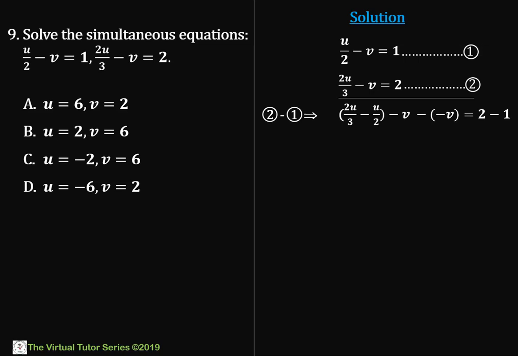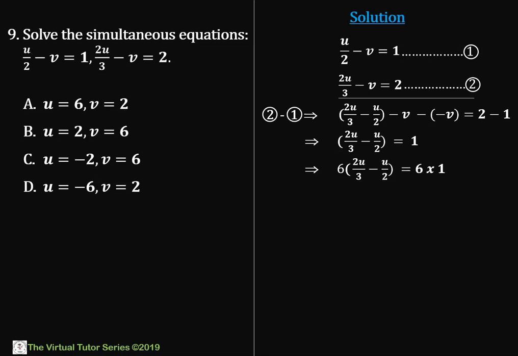Also, 2 minus 1 is 1, so we have 2u over 3 minus u over 2 is equal to 1. We now find the LCM of 3 and 2, which is 6, and multiply both sides of the equation by this number. That is 6 times 2u over 3 minus u over 2 is equal to